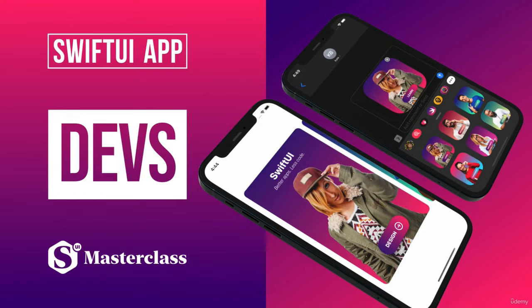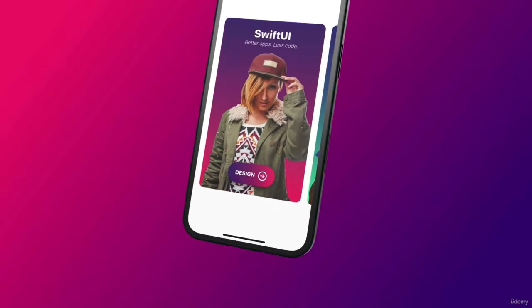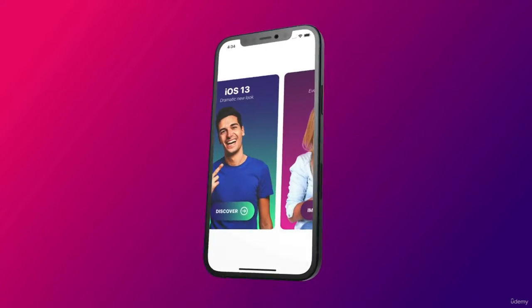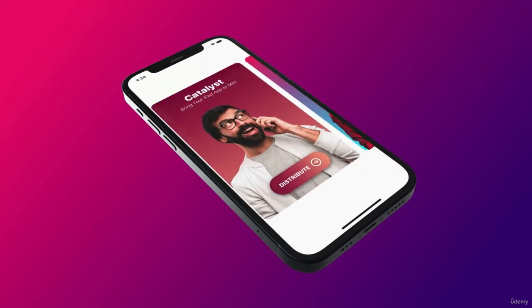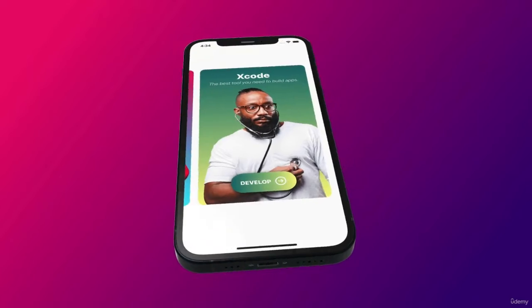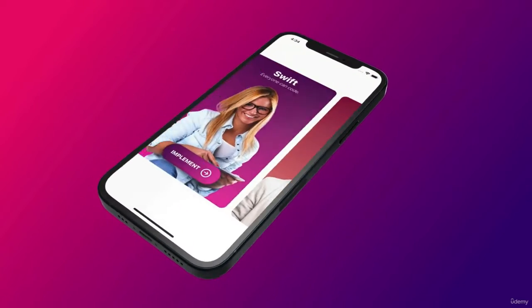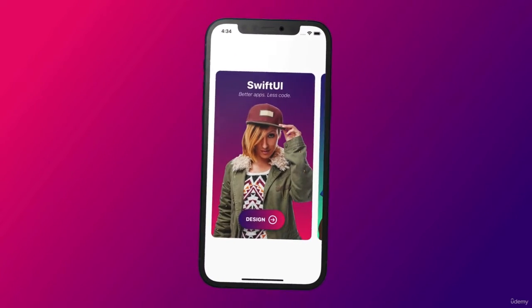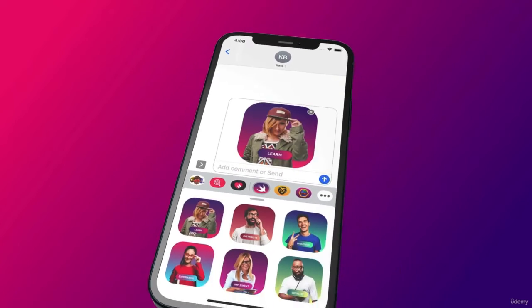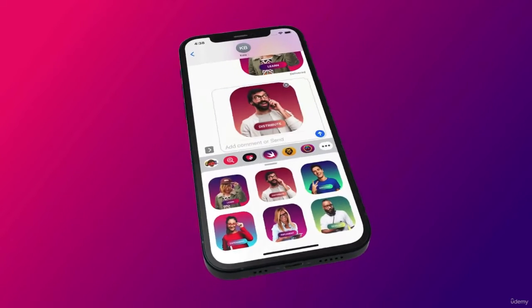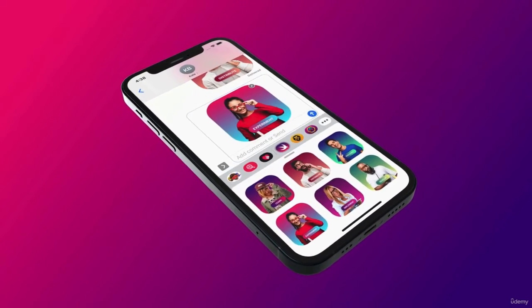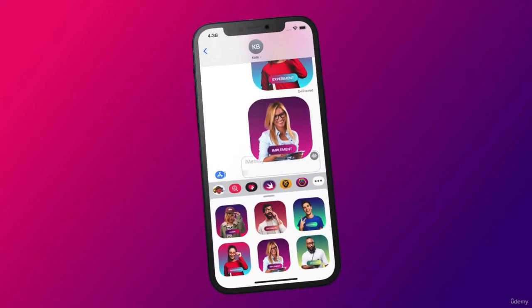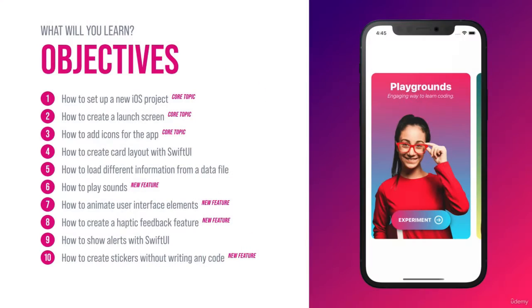This course is designed for you to master SwiftUI and app development. So what kind of app are we going to build? In this section, you will learn the following things: how to set up a new iOS project, how to create a launch screen, how to add app icons for the project, how to create a card layout with SwiftUI,